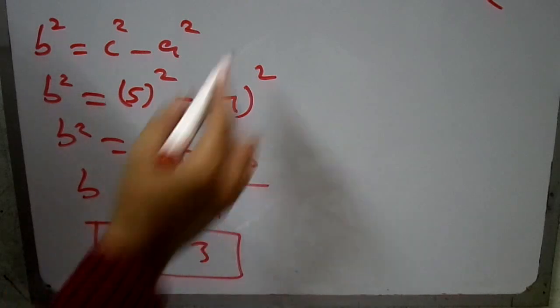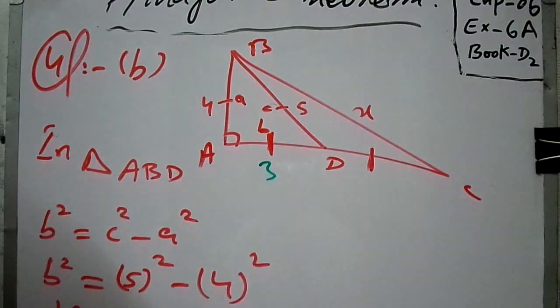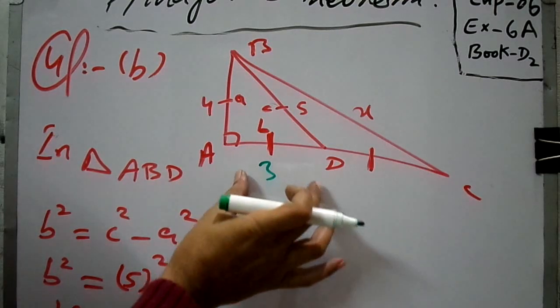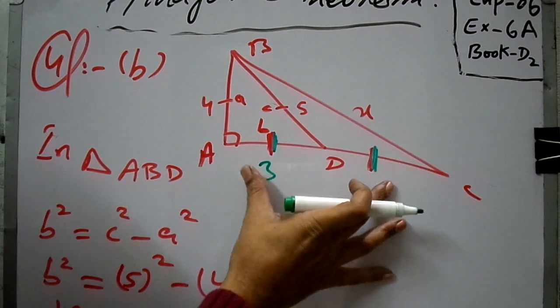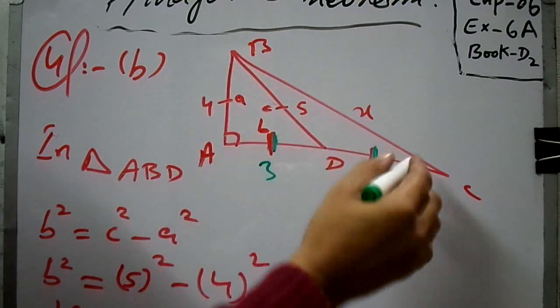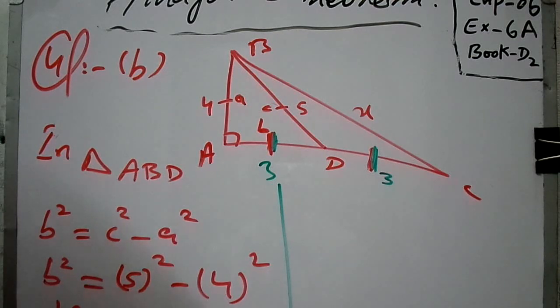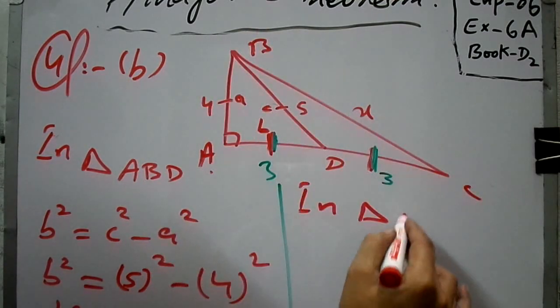So that is your 3, just calculated. It means this side is equal to this, because in your textbook it is given that these two cuts are given, so this is also 3. So when you take the bigger triangle, now in triangle ACB,